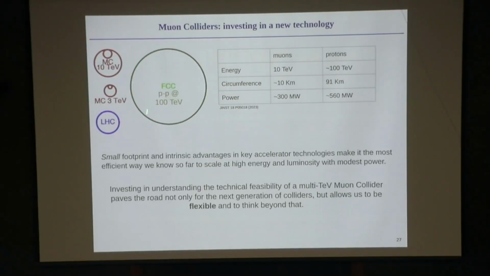So this is an example. This shows essentially the size of the ring of the LHC compared to the size of a muon collider of about 10 TeV, which is similar, and how it would compare to the size of a ring of about 100 TeV. And not only does it have implications in civil engineering, construction, and complexity, but there are also implications on power consumption, where a muon collider, given the more compact size, will have a power consumption similar to the current LHC. A little bit higher, but in the same order.